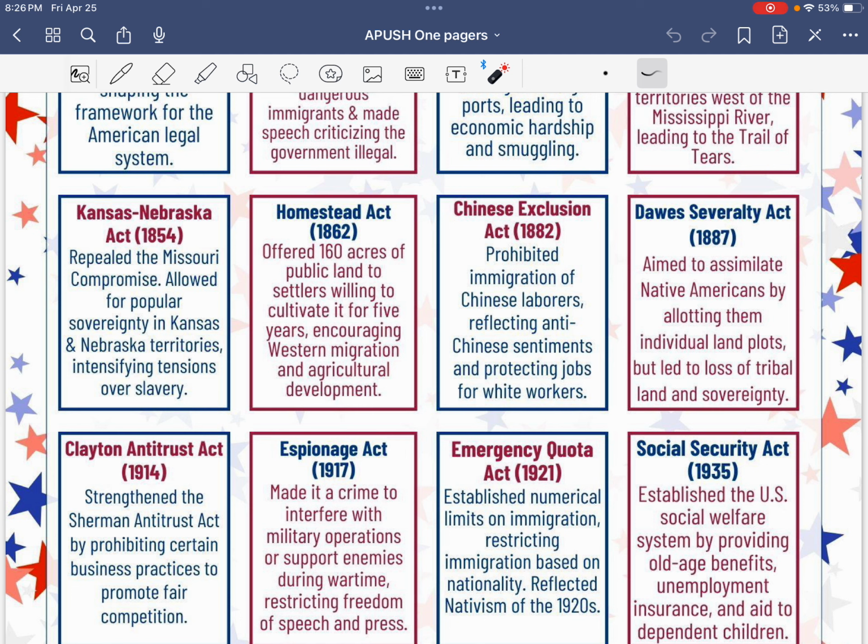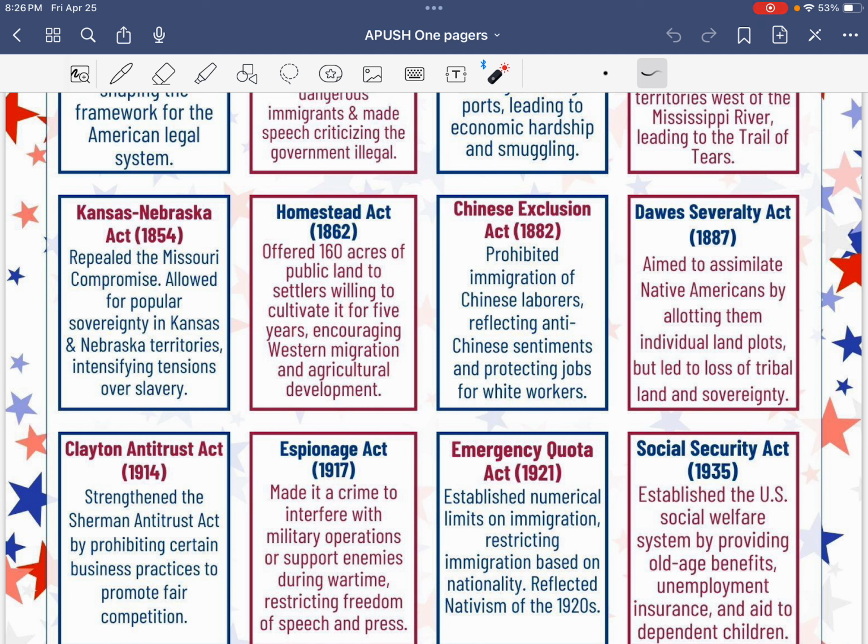In time period 6, we have the Chinese Exclusion Act, 1882. It was a major immigration law based on race. Prior immigration laws were more based on general immigration or the area of place that people were immigrating from. This one specifically barred Chinese laborers from entering the United States. And it showed this really anti-Asian sentiment that's happening in California,